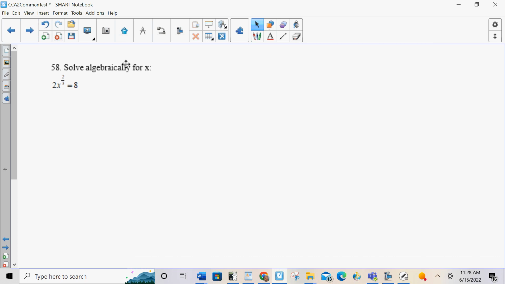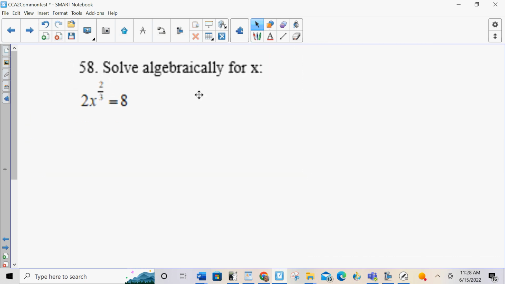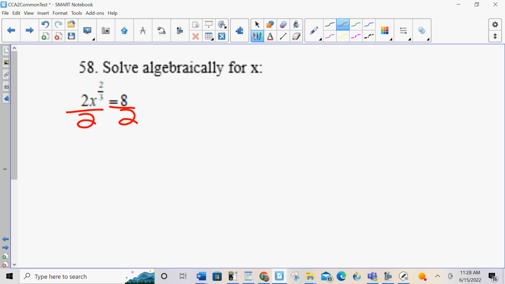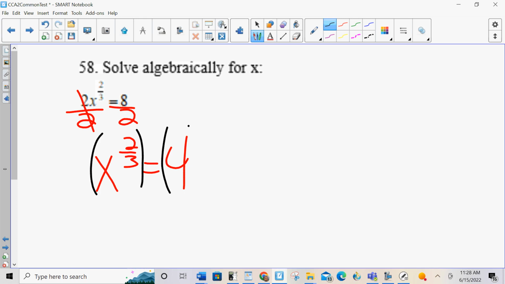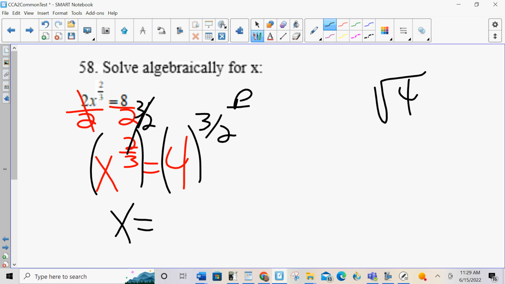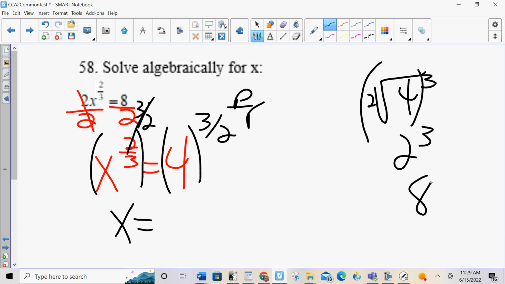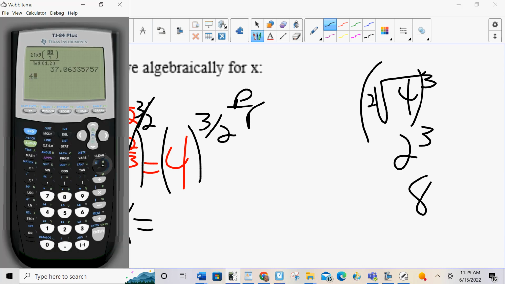This is another exponential equation. First step is the same. Isolate the base. The x is what's being raised to the power, so I have to divide the 2 away. Now this is a constant exponential equation. There's no variable in the exponent. There's a constant in the exponent. So to solve a constant exponential equation, I raise both sides to the reciprocal power. 4 to the power of 3 halves. It's good if you know that 4 to the power of 3 halves is the power over the root, square root of 4 to the third, 2 to the third, which is 8. But if that just confused you, that's okay. 4 to the power of 3 halves is just